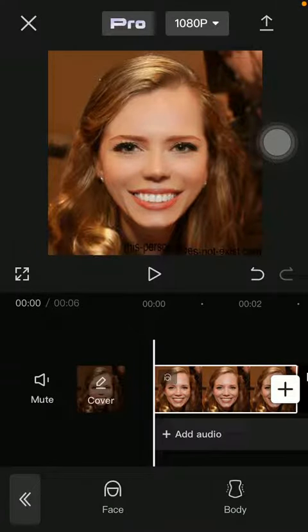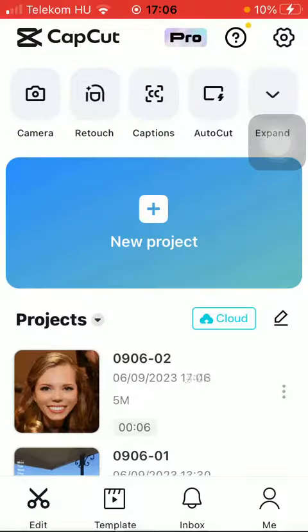Hello guys, in this video I'm going to show you how to use the brow pen feature on the CapCut